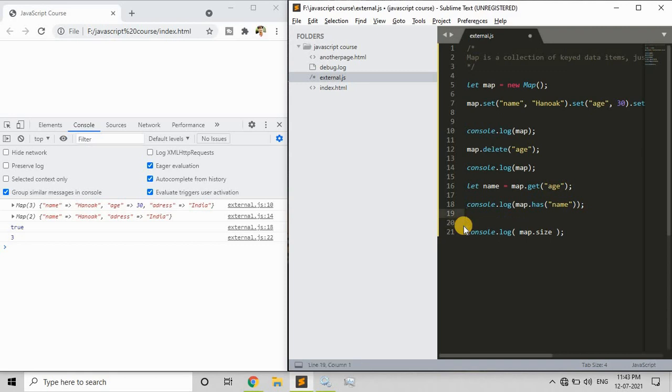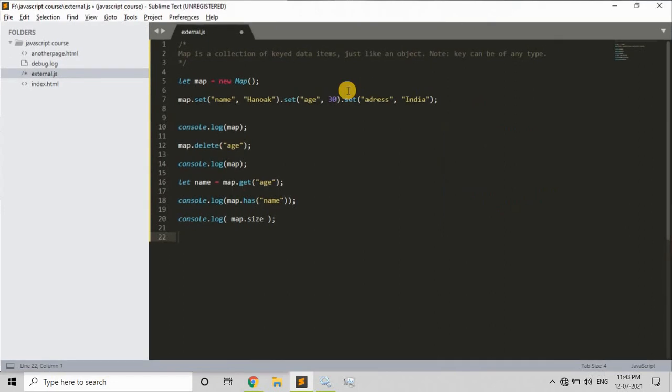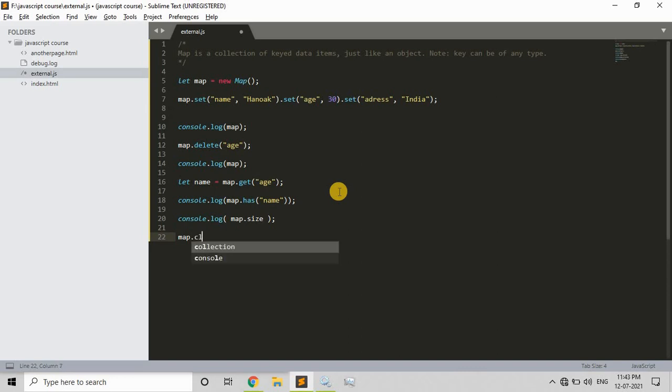And the last thing we need to deal with is clear: how to delete all of the elements inside this map. It's very simple. I'll just say map.clear.